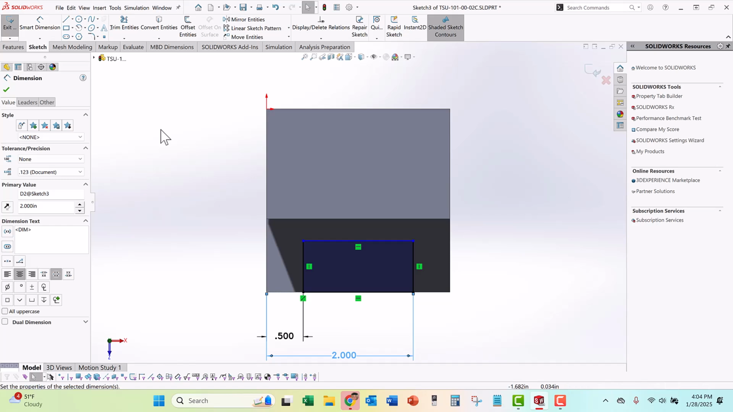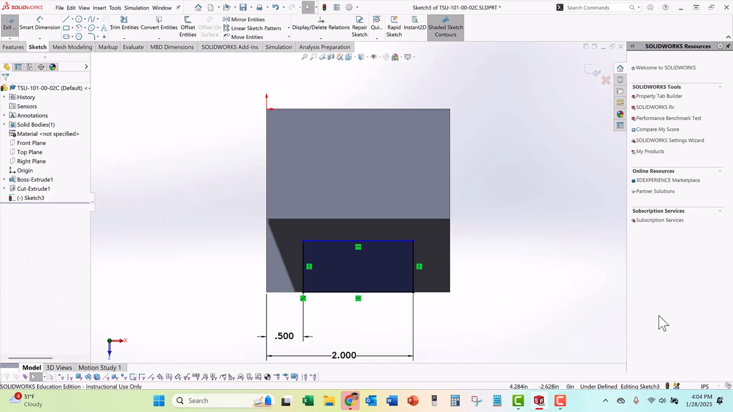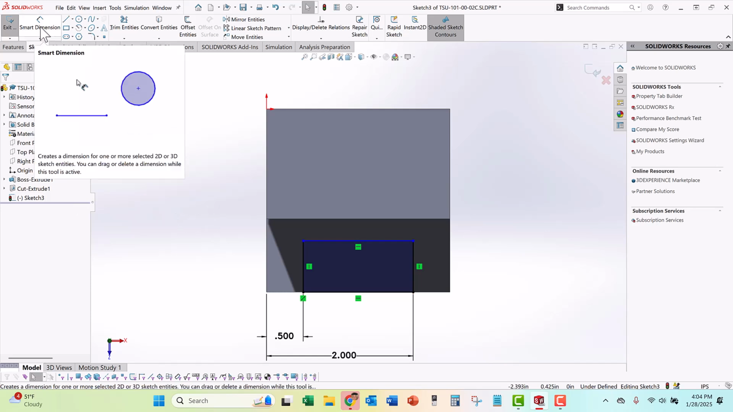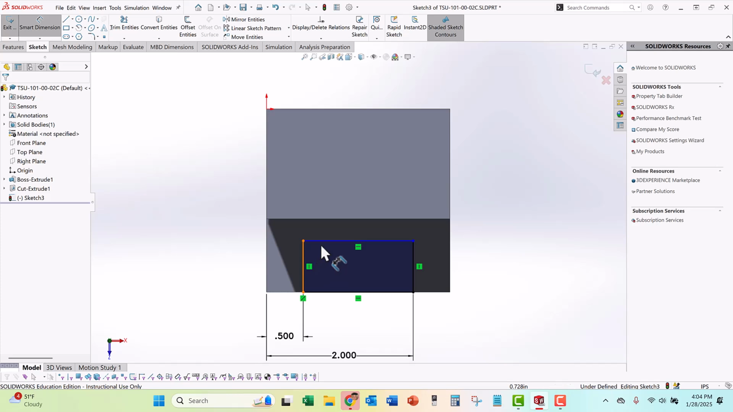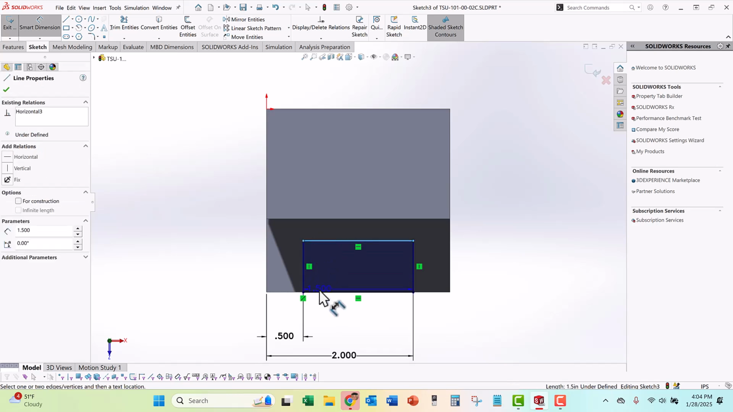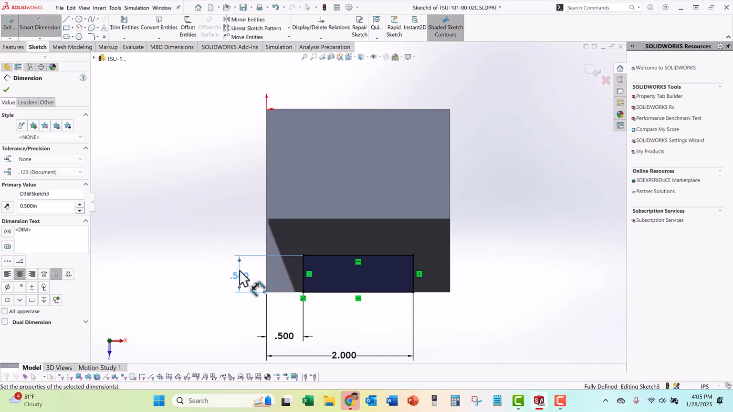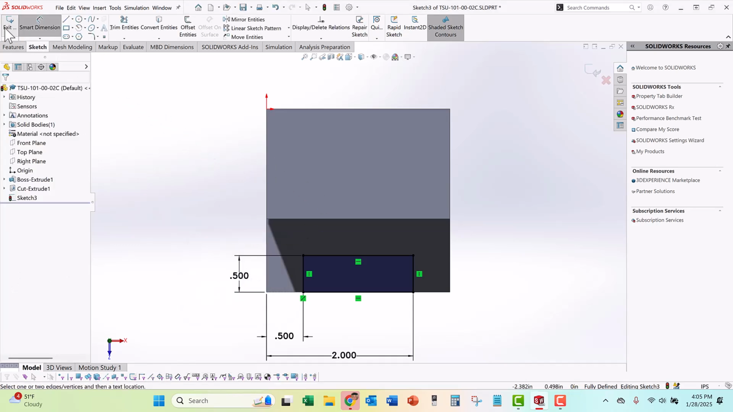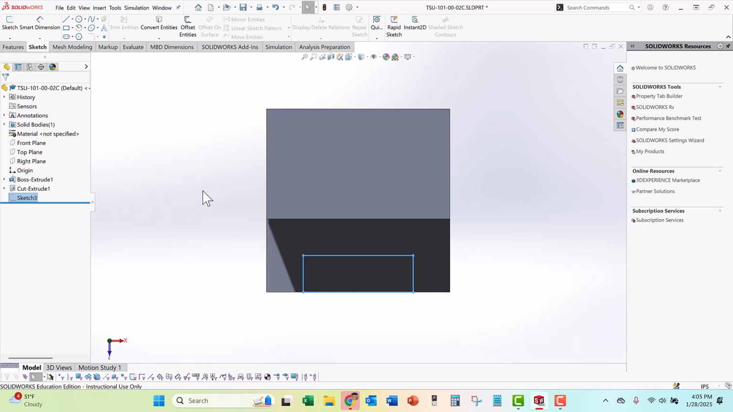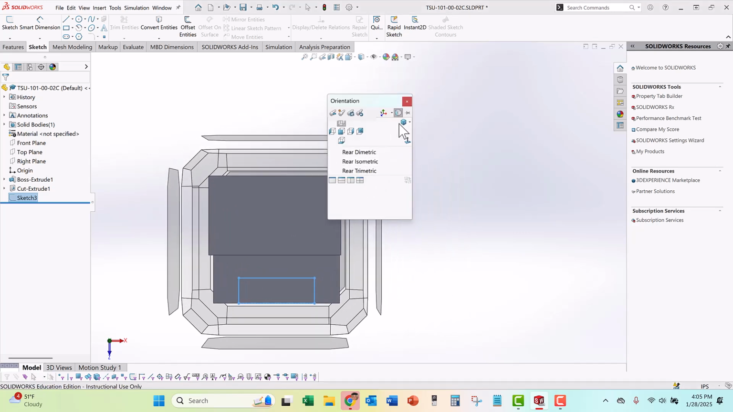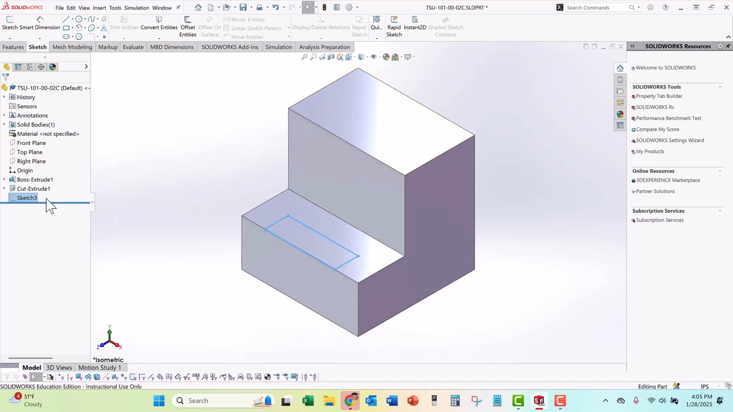Now am I done? No, because I've still got blue lines. I've got underdefined, got a minus sign. I'm not interested in losing 5 points. So I want to come in here and add that last dimension. Smart dimension from here to here. Place the dimension, 0.5. Now it's fully constrained. I'll get out of the sketch, spacebar isometric view, pre-select the sketch,